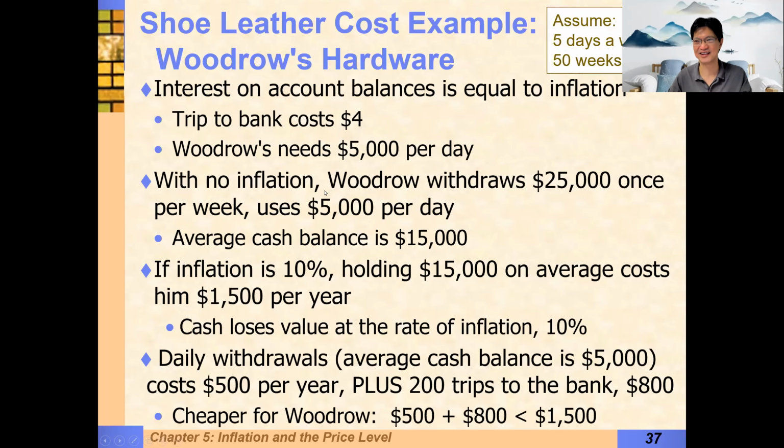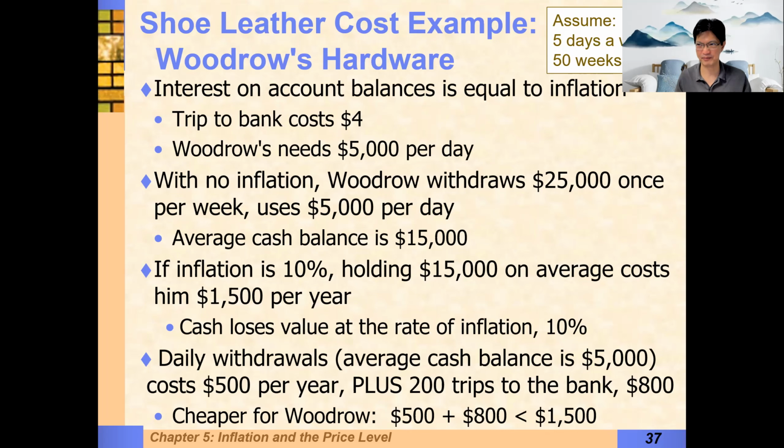Now, here's a simple example to illustrate this. So don't worry too much if you don't follow the arithmetic. It's just very simple arithmetic. So we're assuming 5 days a week, 50 weeks a year, just to keep things simple. Now, suppose that Woodrow, who owns a hardware shop, needs to keep $5,000 a day, which he will use up by the end of the day. Now, if there's no inflation in normal times, well, what he does is he tries to reduce